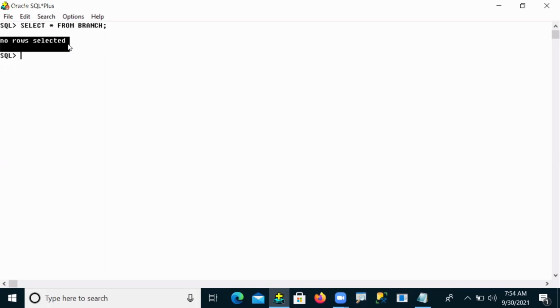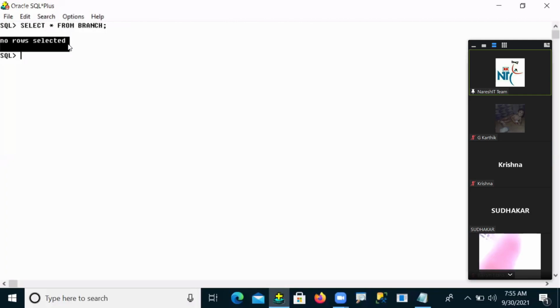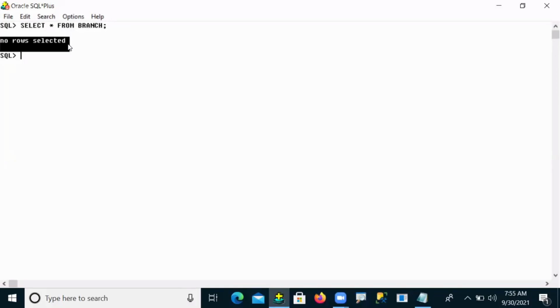But the same thing, I did with the insert command also. The same procedure I followed here. I inserted and I disconnected. Again, I reconnected. But when I see my table data, the data is not showing here. That means, now tell me, guys, is your insert command permanent or temporary? What happened?